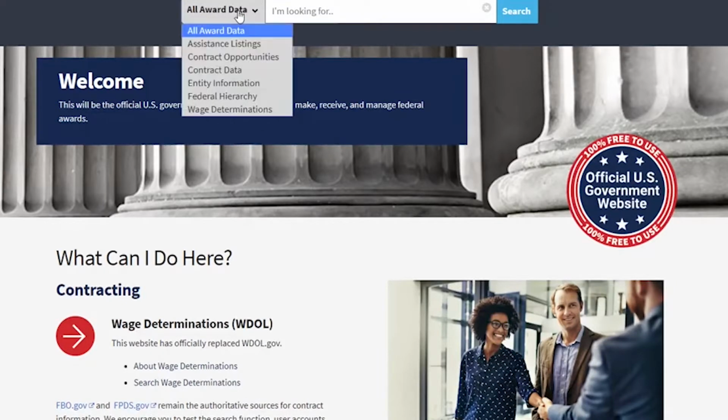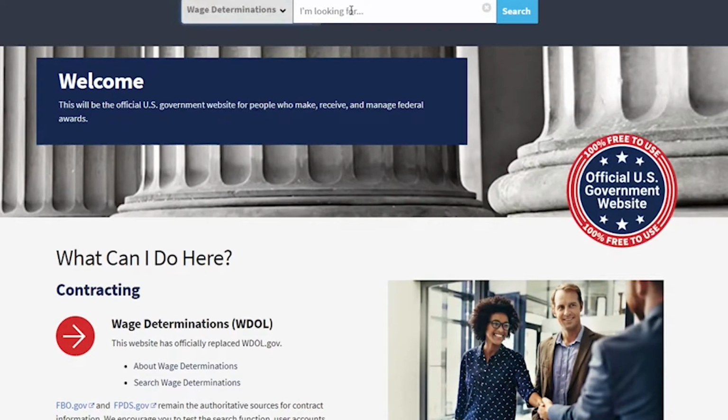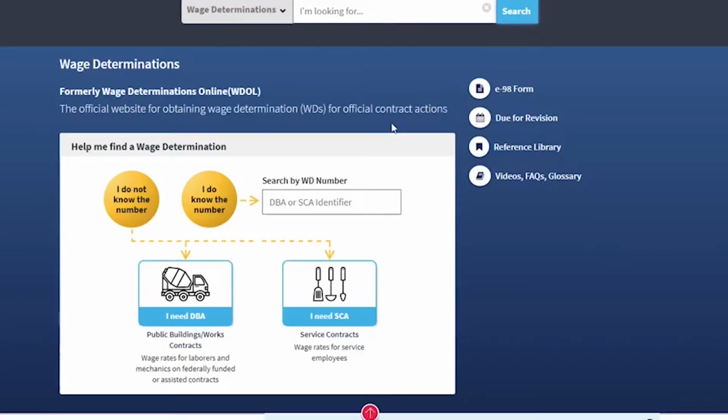You can click on wage determinations there, and we can just hit search because they don't have a quick link yet. Once we hit search, this is the wage determinations page. Now, there are two different types of wage determinations that you're going to see. There are the Davis-Bacon Acts, or DBAs, or the Service Contract Acts, which are